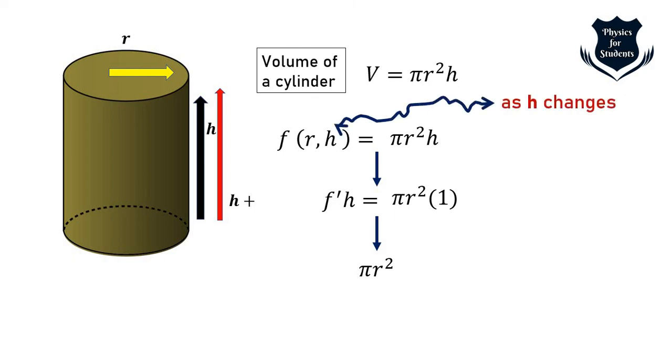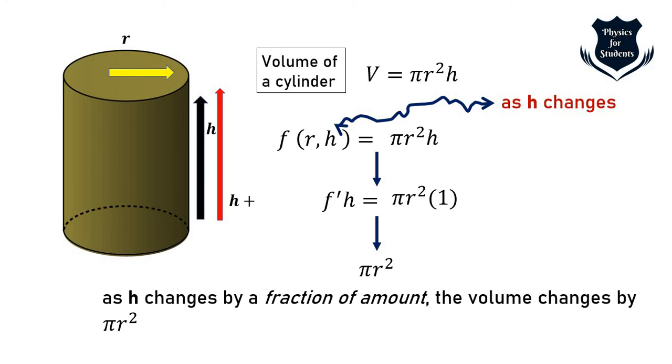So here you see I have marked in blue that as h changes, that means I am keeping r constant. So we can say that as h changes by a fraction of amount, the volume changes by pi r squared. Here pi r squared are constant, the derivative of h with respect to h is 1. So we can say as only the height changes by a fraction of amount, the volume changes by pi r squared. So these are the two geometric representations so that you can understand the concept of partial derivative using the